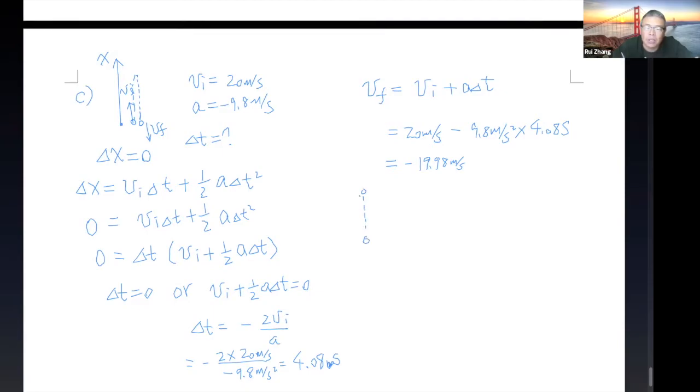So this is the part that goes down, right? So I'm going to define my positive direction going down like this, just because this is a little more convenient, okay? By using this definition here,